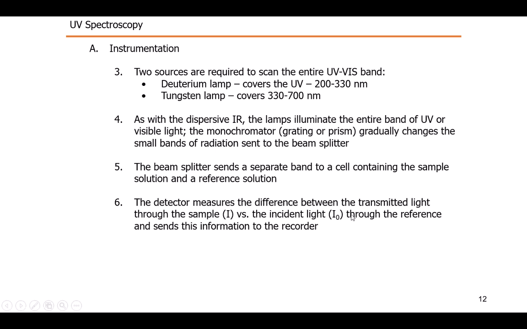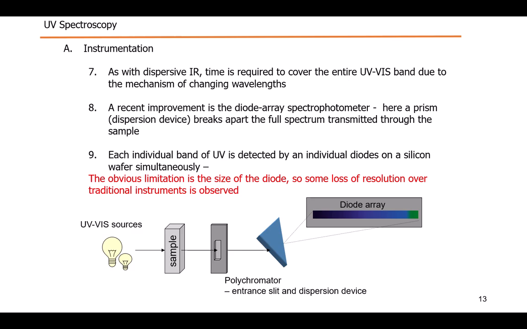Detectors measure the difference between I and I naught. I is the intensity of the light through the sample, and I naught is the intensity of the light which passes through the reference material. The difference between I and I naught is plotted at the readout. Dispersive IR takes greater time because it splits the UV visible band into different regions to fall on the